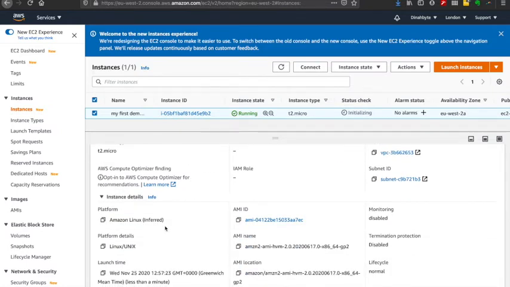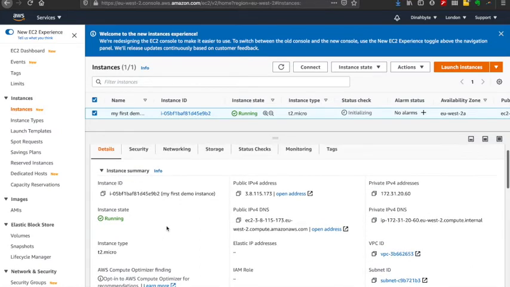So you could log in through a terminal window using this IP address or the DNS. So that's the public aspect of it. Now anyone with the right credentials can access this instance by providing this IP address. And you can see that the private IP address stays the same, but we now have the public IP address. Now if we want to talk a bit about elastic IPs,